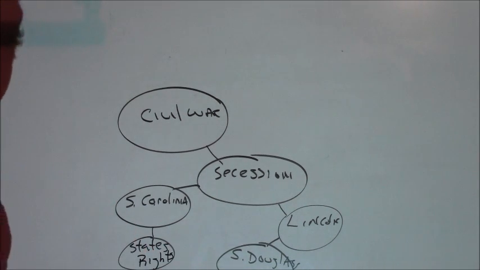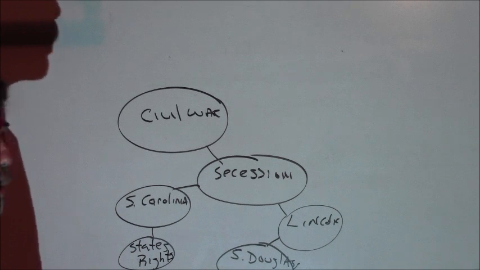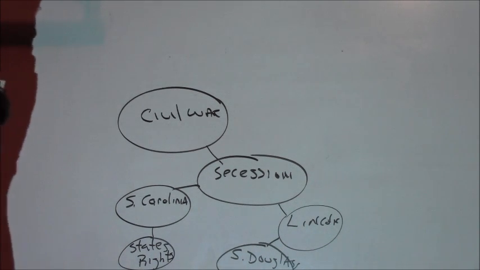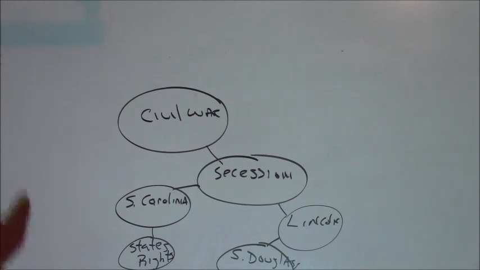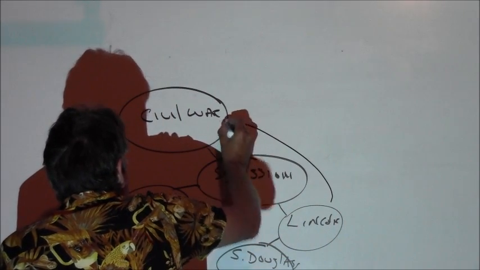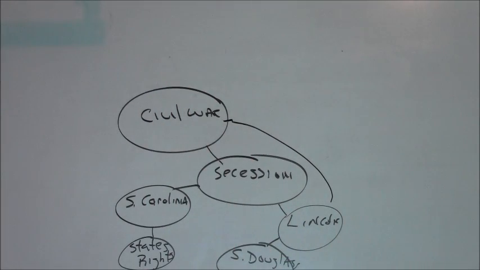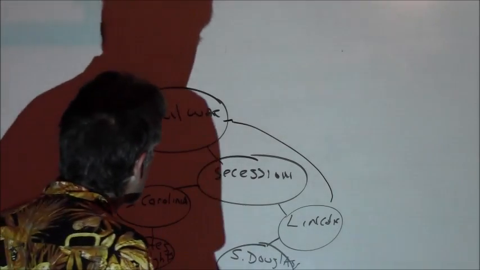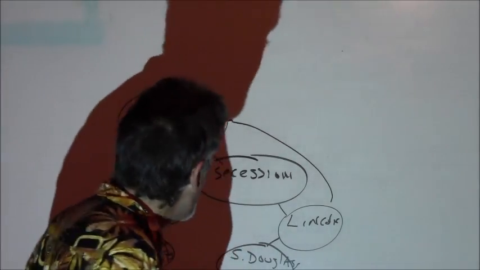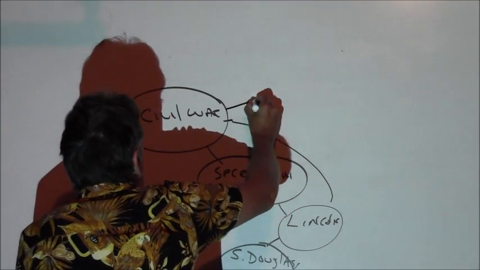Now, I can keep going like this, or I can go another way with the causes of the Civil War. Let's see. What else can I connect to any of these bubbles? Just think it through for a second. Well, I know, for example, I can connect Lincoln directly to the Civil War. I can do that so it connects more than one place, because without Lincoln, there's no Civil War. Or another cause of the Civil War, I can do economics.